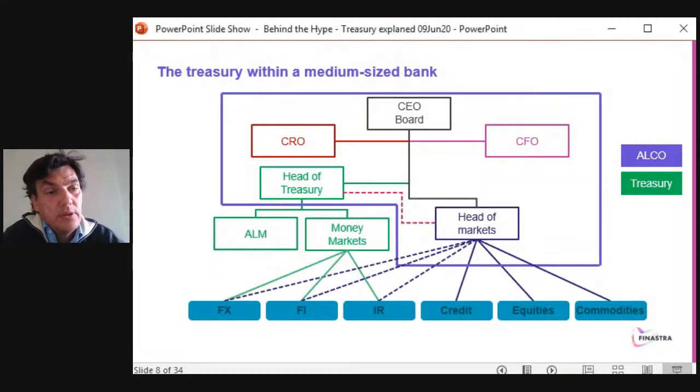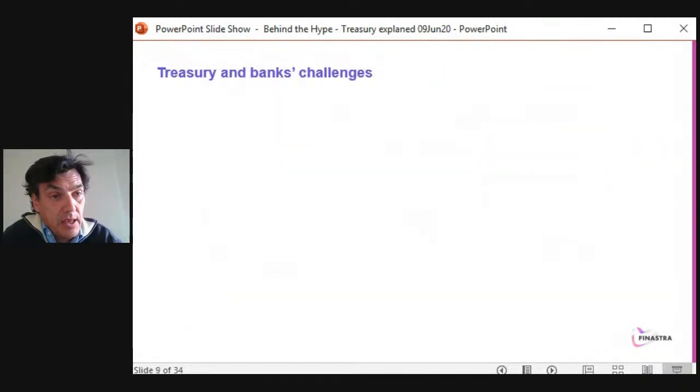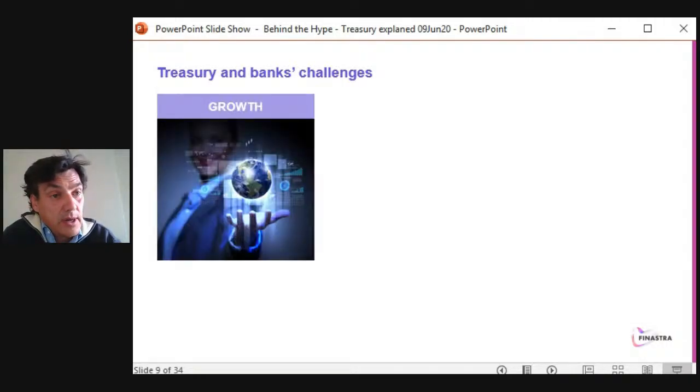So that's a very simple org chart, and obviously, if you have questions at a later stage, I will be able to answer you on this. But so, still looking at the perspective, the background of the treasury, I think it's important to look at the challenges. What happens? What they are looking at on a day-to-day basis, and maybe we'll provide a bit of light as well with this COVID-19 crisis that is happening right now.